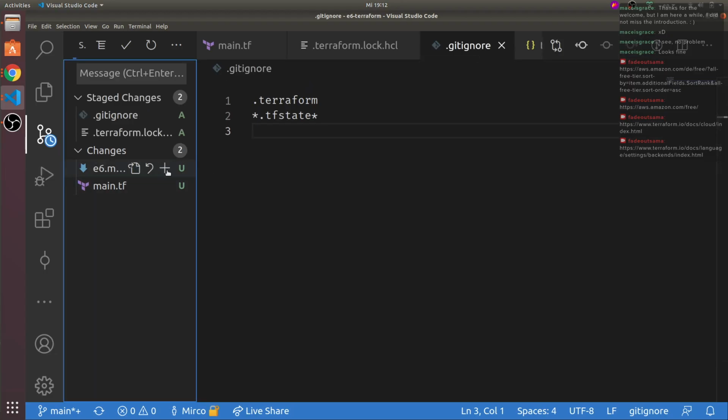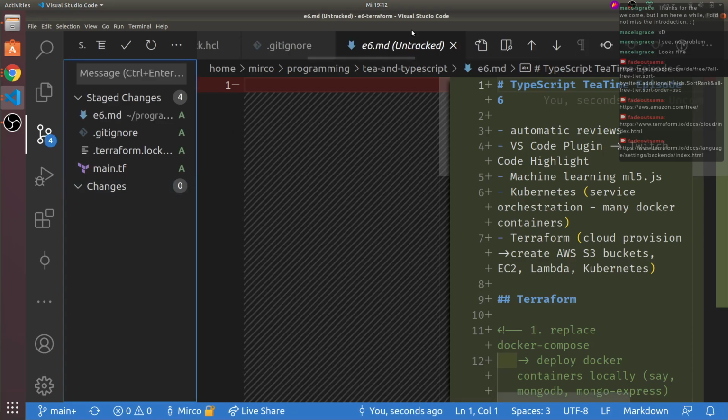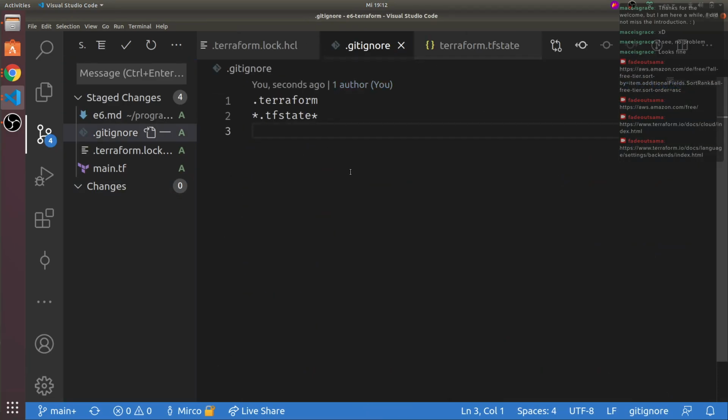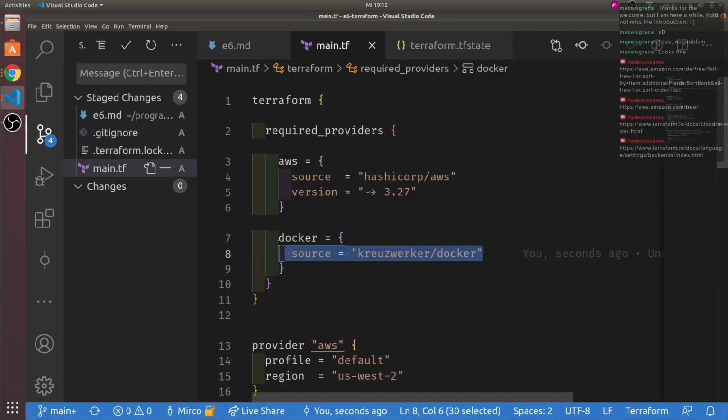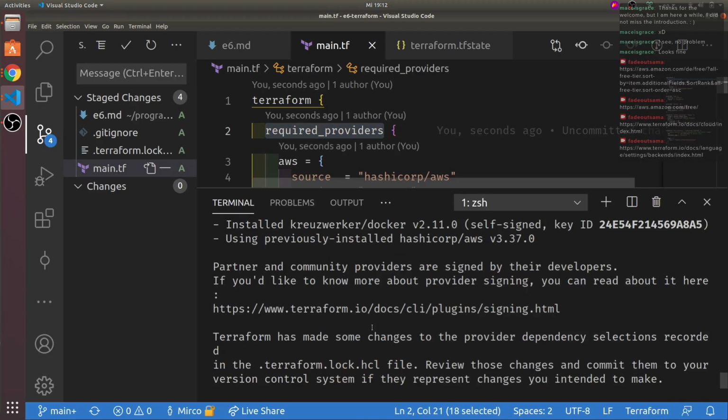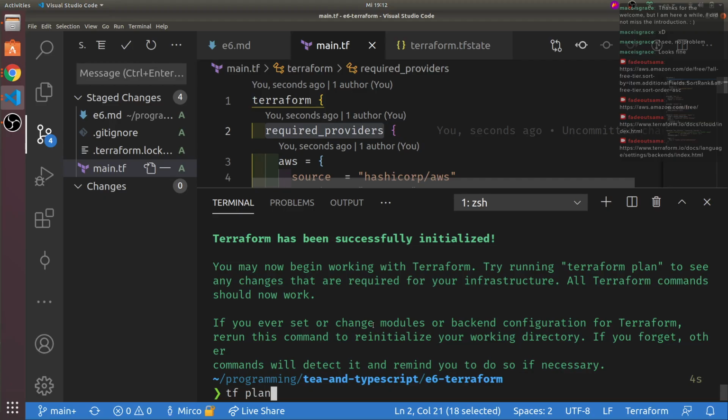So close everything down. We did install the provider now. Now we can plan. This is again an implicit step if you run terraform apply. Let's run it separately just for now.